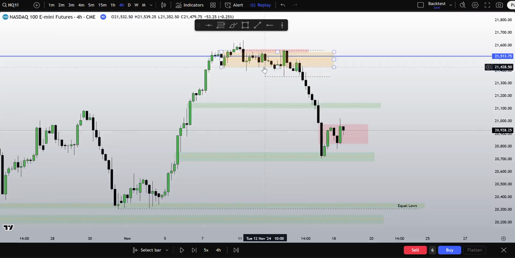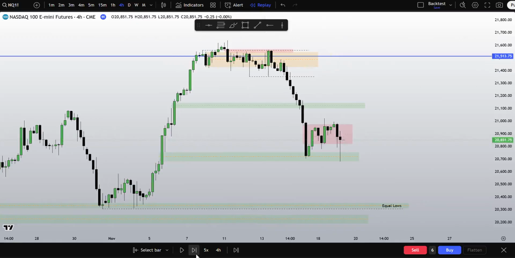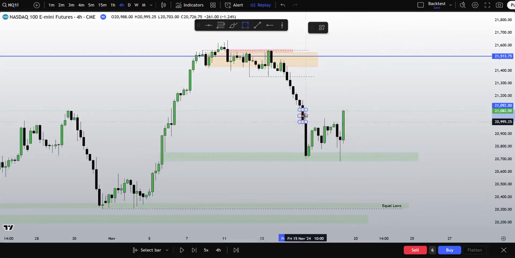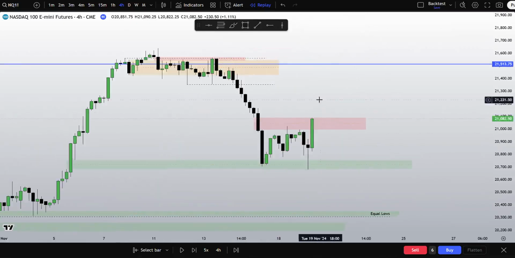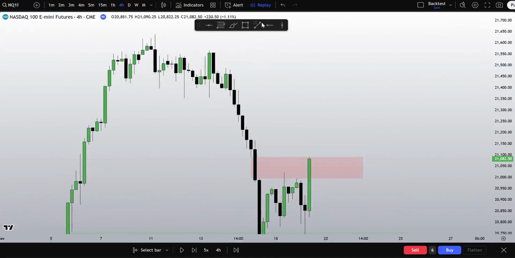Look at that move off that breaker and the fair value gap pair. Again, haven't disrespected it just yet. Took this low, finally disrespected it. I'm going to take this into account. Should that get disrespected, then we will adjust accordingly. So I'll remove all this. We saw what I just analyzed. Pretty solid move there. Okay.